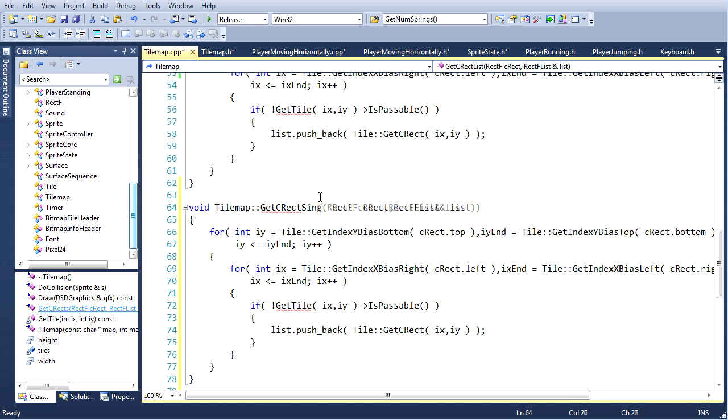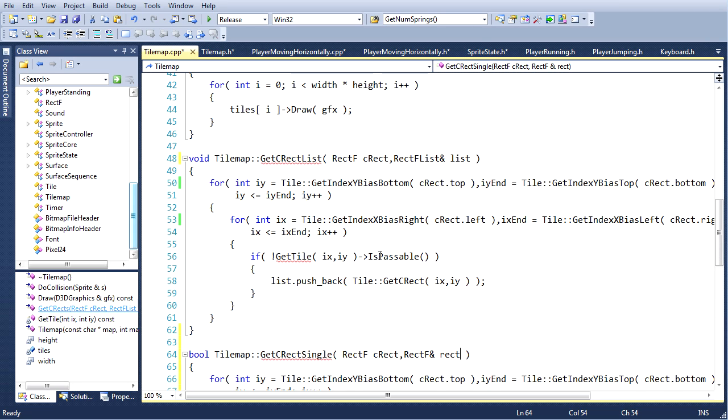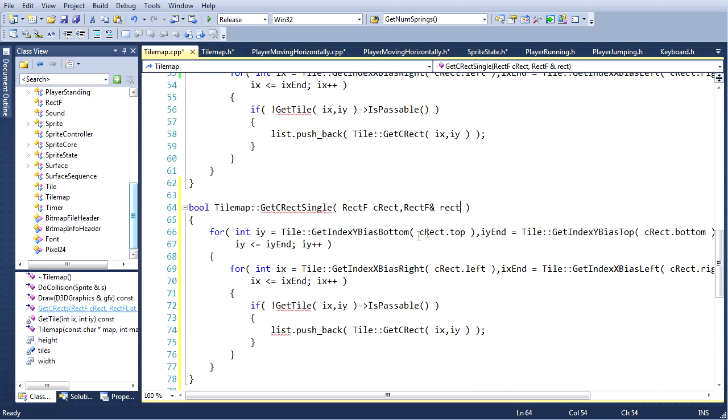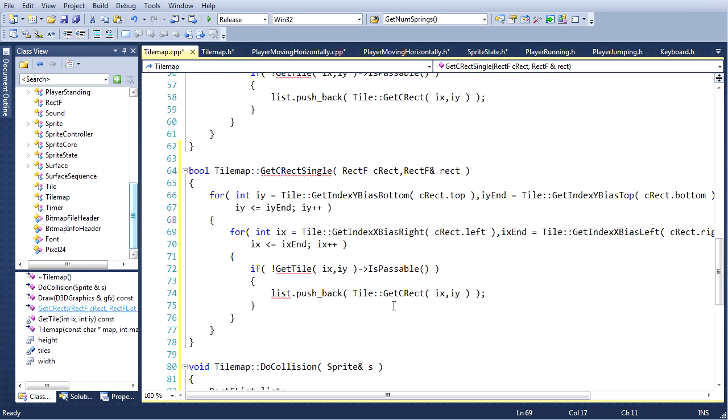Get C-rect single, bool, and rect. So this function will return a list of C-rects, and this one will return a single one in here. And the return value here will be whether or not there was a rectangle found. So if no rectangles are found, this will be false. Alright, so